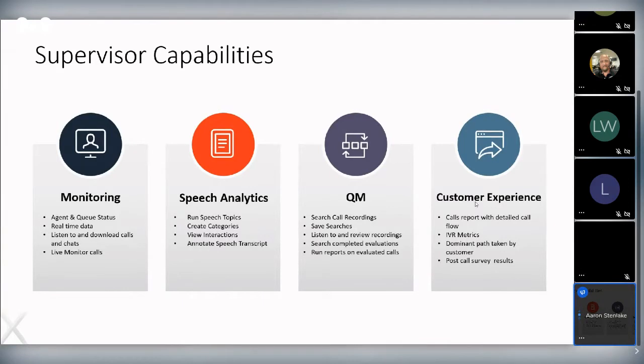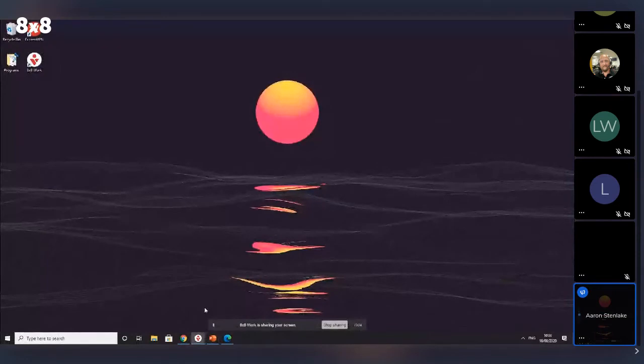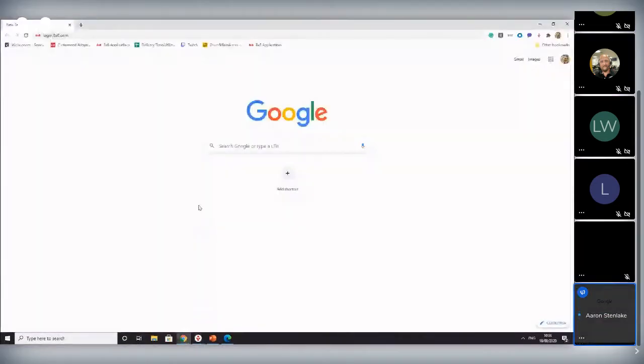The first thing that we will kick off with, though, is our monitoring. Now, as I said, this is heavily going to be a live demonstration, so I'm going to be jumping out of the presentation here, and let's jump into our contact center platform. What you'll find is that most, if not all, of your supervisor tools are actually within your agent console. So as a supervisor, you will also be an agent as well. So most of you, if not all of you, have been on an agent session, a contact center agent session. So we actually follow the same steps to access our supervisor functions